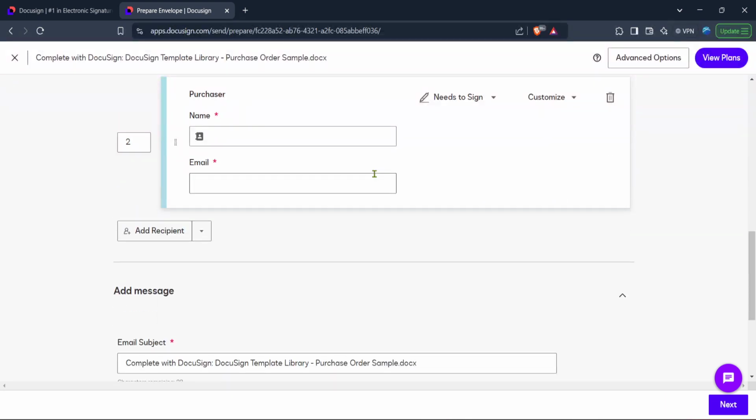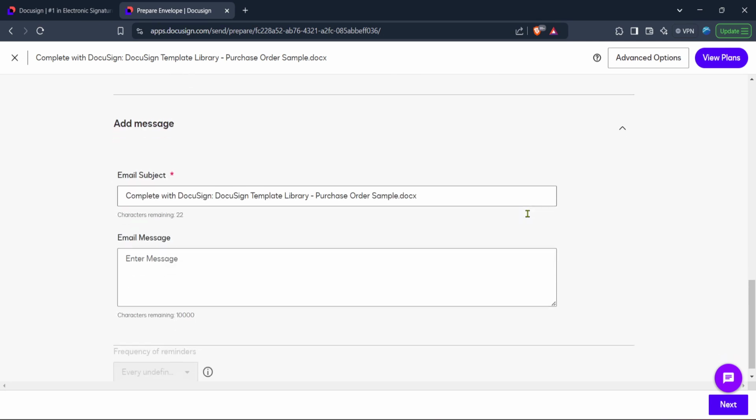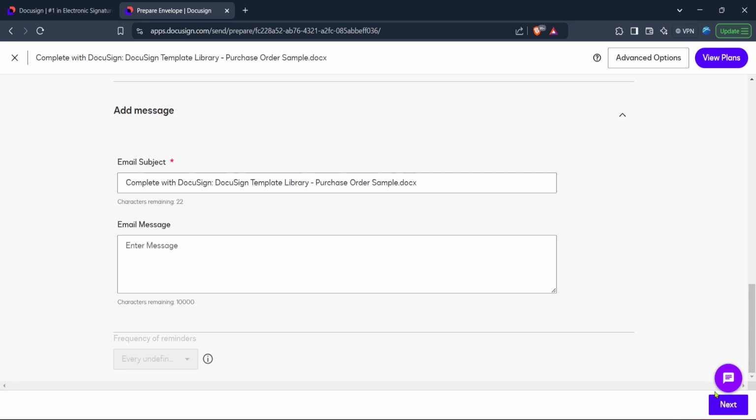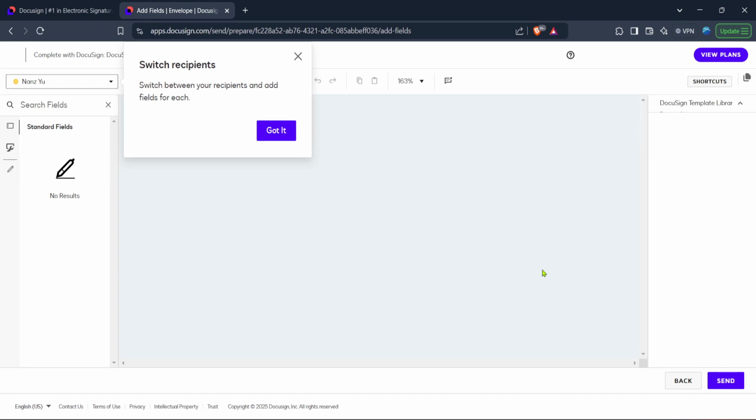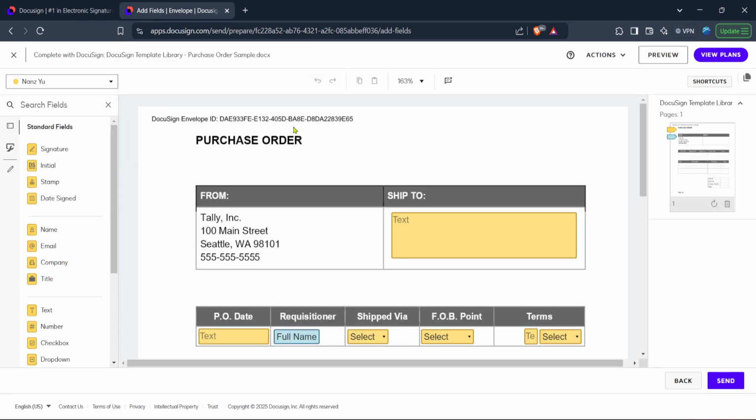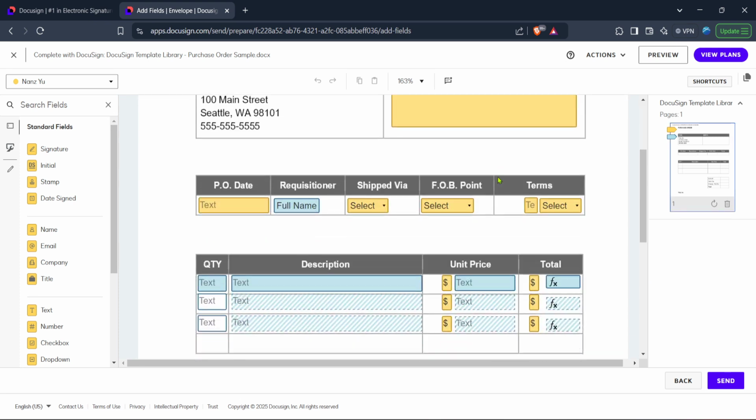The next step involves specifying who needs to sign the document. In DocuSign, an envelope can have multiple recipients, each with their own functions such as needs to sign, receives a copy, or in-person signer. For now, we'll focus on setting the needs to sign input for the recipient. You'll do this by clicking on the needs to sign label, making sure to enter the appropriate details for the person you require a signature from. This usually includes their name and email address.